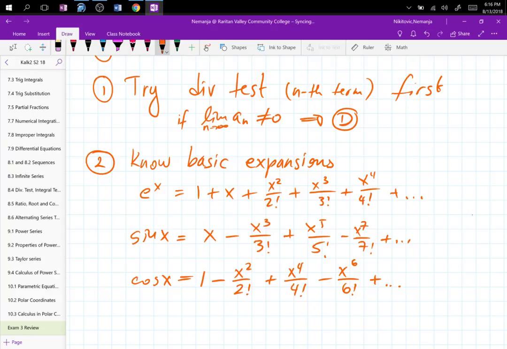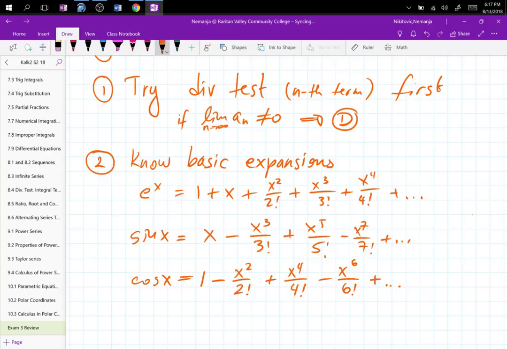Differentiate sine, right. Prove that the derivative of sine is cosine, prove that the derivative of cosine is negative sine, prove that the integral of cosine is sine, prove that the integral of sine is negative cosine. These are all cool questions that you can enjoy. So if I say prove that the integral of sine is negative cosine, well,